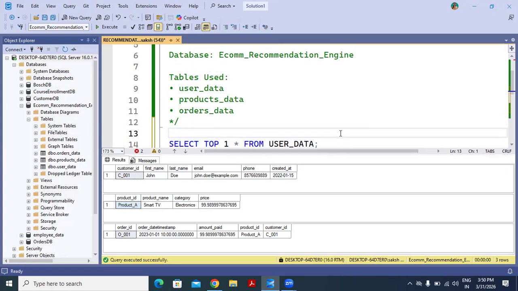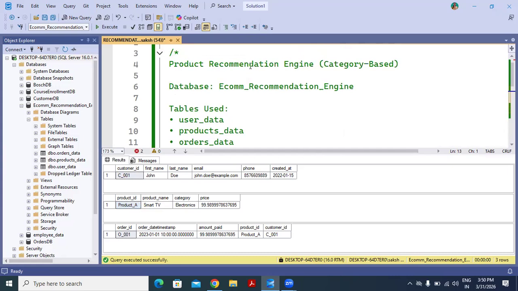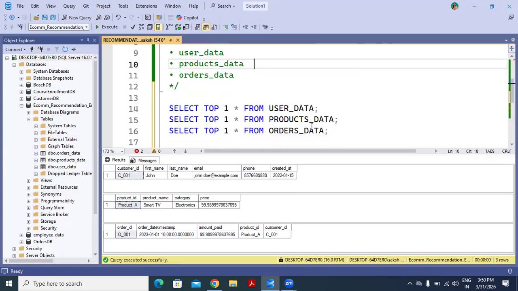Now we want to build a recommendation engine based on category. Means the idea is very simple. Suppose a user buys a product from a category, then we need to recommend the other products from the same category. So now we can see we have two main tables here.